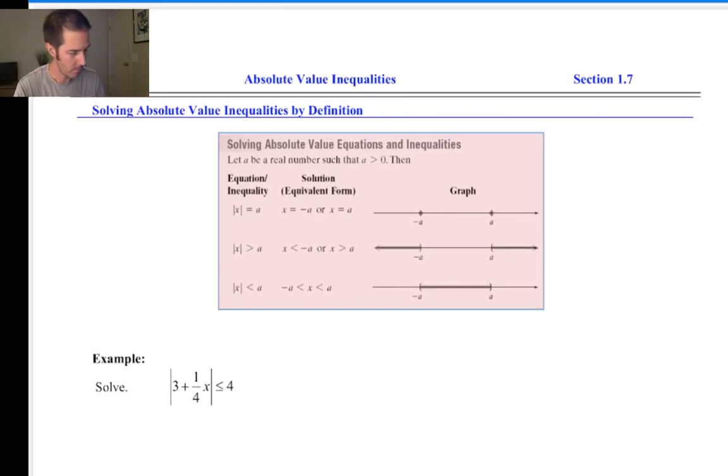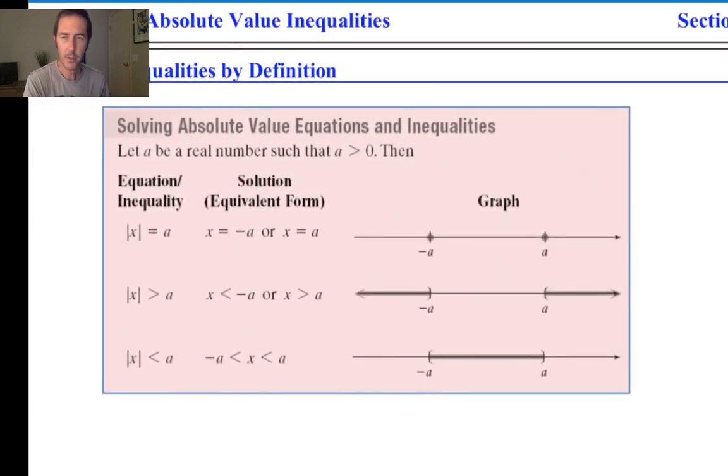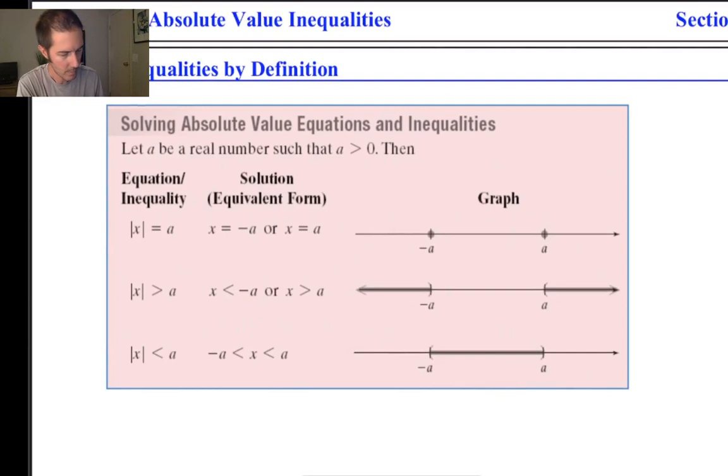And we've already talked about absolute value equations. And in an absolute value equation, like this one, we said that, using very technical terminology, we said that the stuff inside the absolute value, as a very first step, or sometimes as your second or third step in the process of solving an absolute value equation, but once you had the absolute value all alone on one side of the equation, in other words, isolated on one side of the equation,